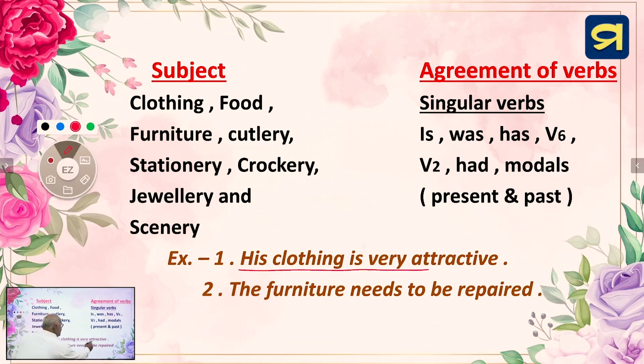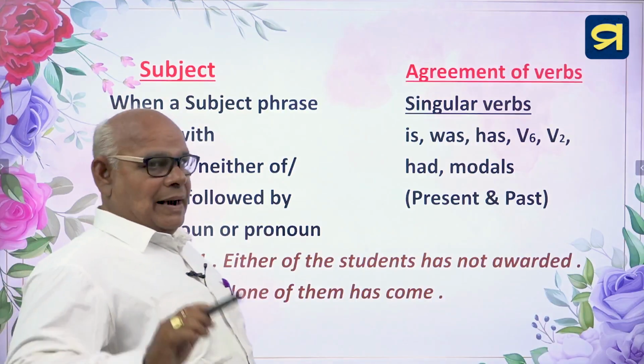His clothing is very attractive. Here the subject is his clothing and it takes the singular verb is. In example 2, the furniture needs to be repaired. The furniture is the subject and it takes the singular verb needs, the S form of the verb. Next,